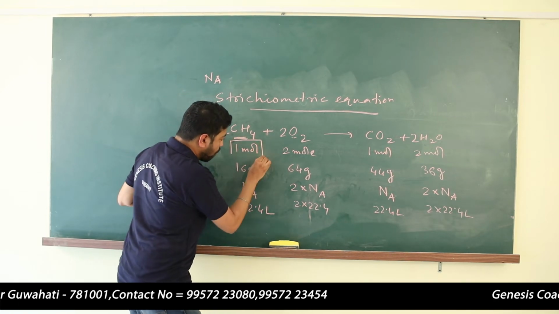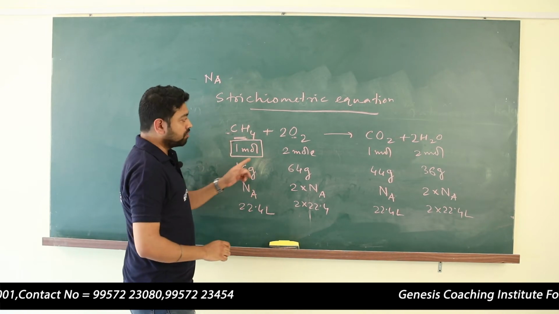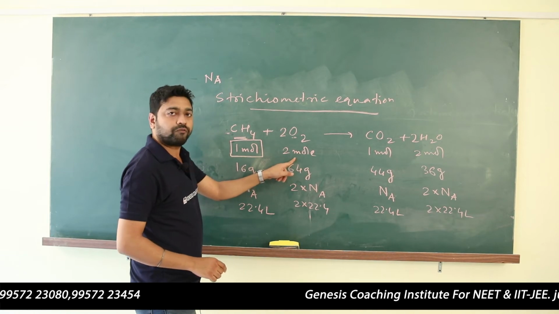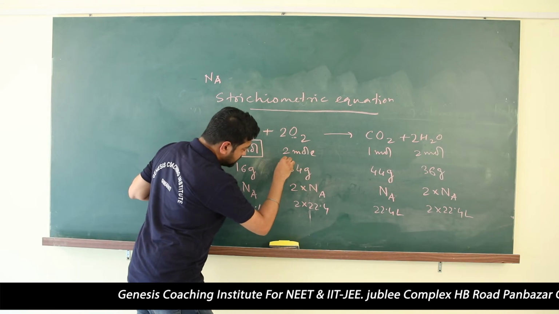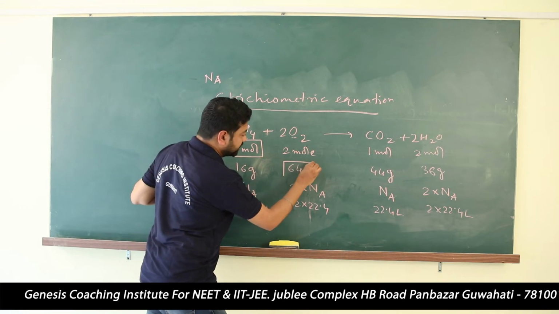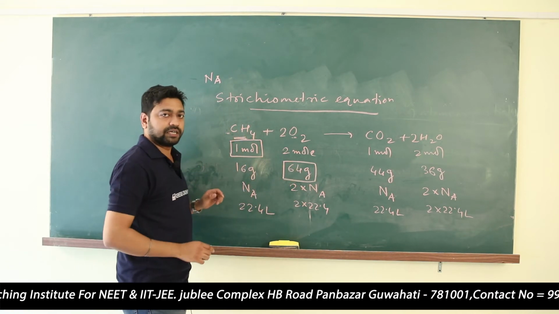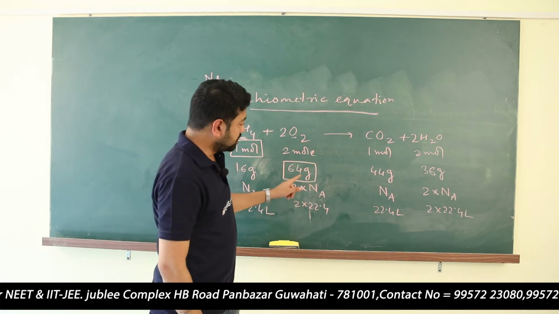If I say 1 mole of methane, no doubt we know that it reacts with 2 mole of oxygen. But if I say 1 mole of methane reacts with 64 gram of oxygen, is it correct? To give